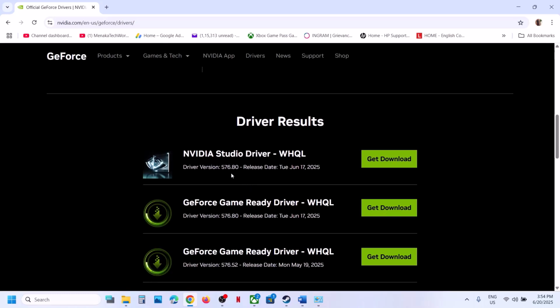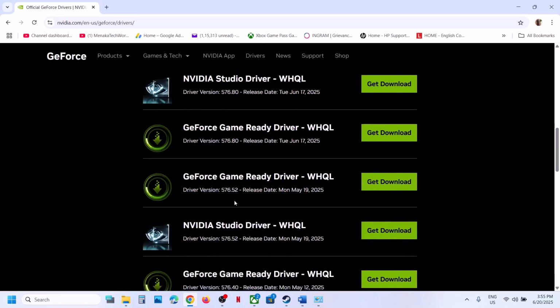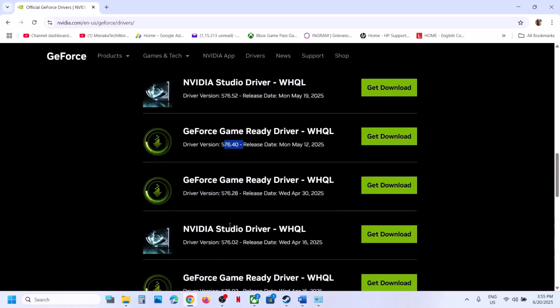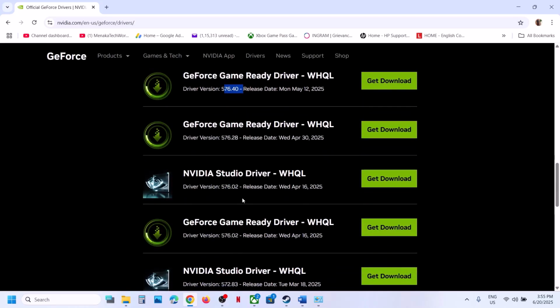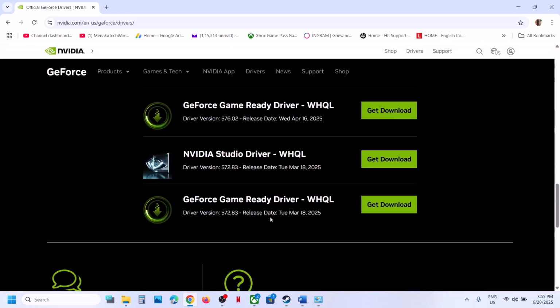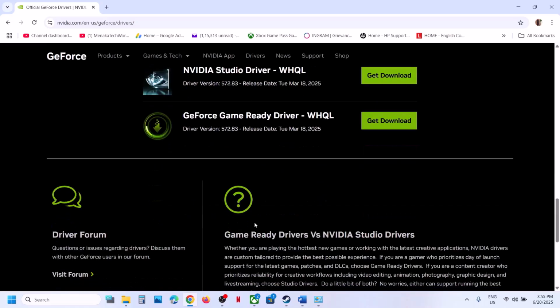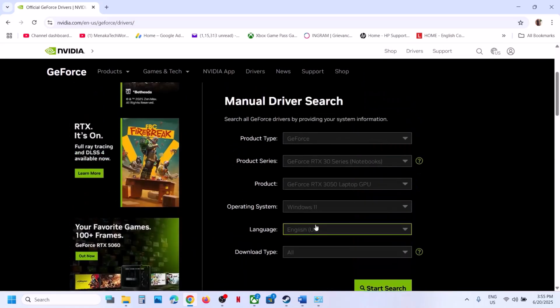Now the latest one right now is GeForce Game Ready driver, that is 576.80. Now this has worked for many players, so you can install this latest one, restart your computer and then check. If that does not work, you can even try this 576.40, maybe 576.28. Yeah, and for many users 566 has also worked, so I'll show you how to get the